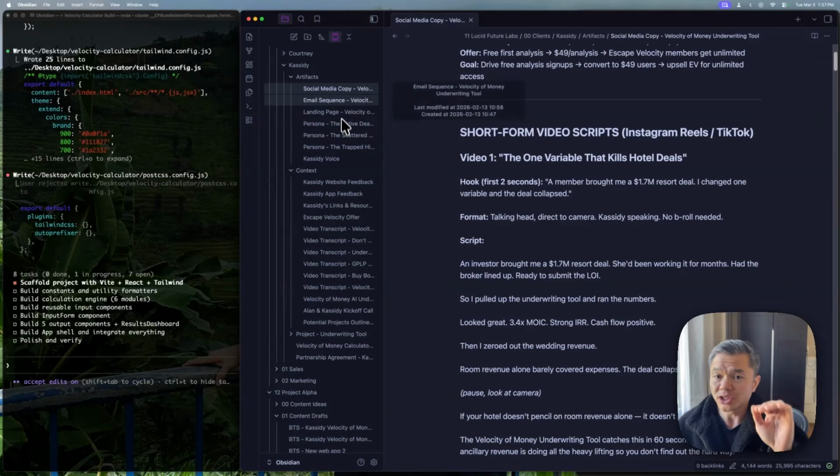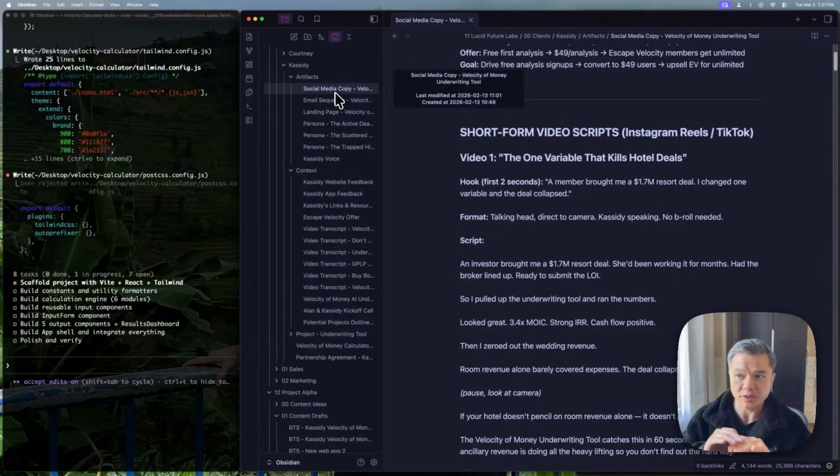We can generate these assets with just a prompt in Claude Code. We can say, using the persona document, the voice document, and this Claude skill, create a new landing page, create a new email sequence. And the AI takes a minute or two, and then generates it immediately.